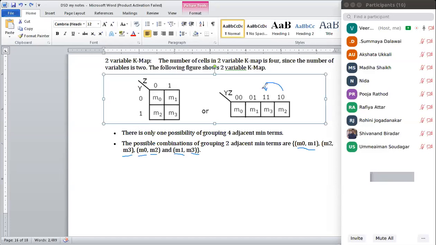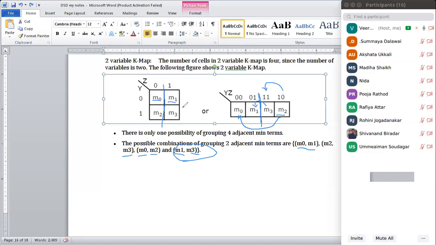So now I go for the second row pattern here. If I fold this row pattern, M3 will be laid upon M1. So which group will I get? This one, M1, M3. And M2 will be laid upon M0. If I fold this row pattern, okay, here also, if I go for this square pattern, if I fold this, what will happen?